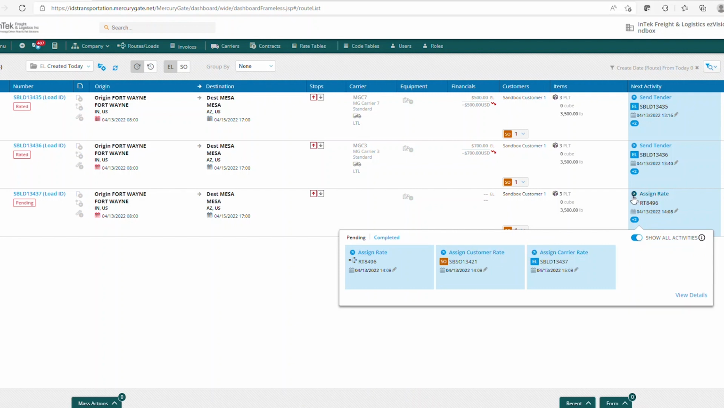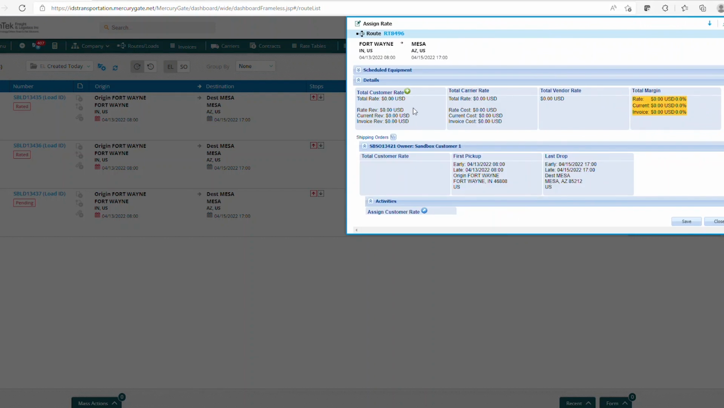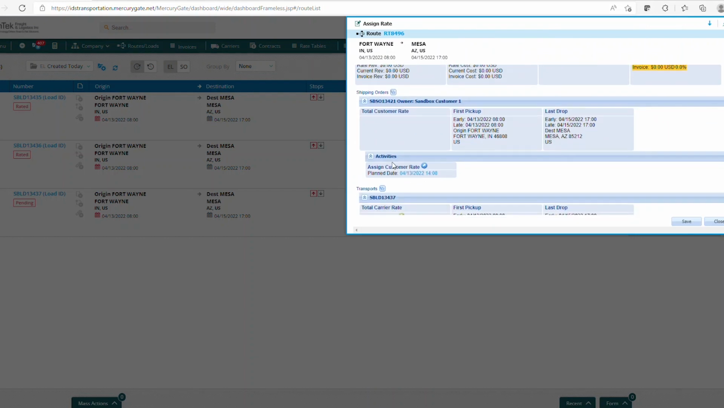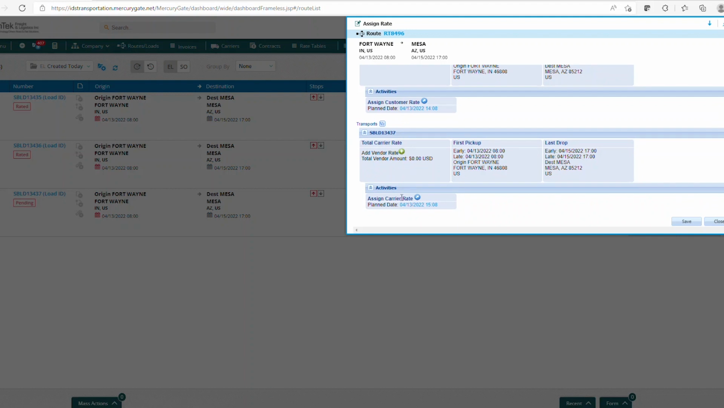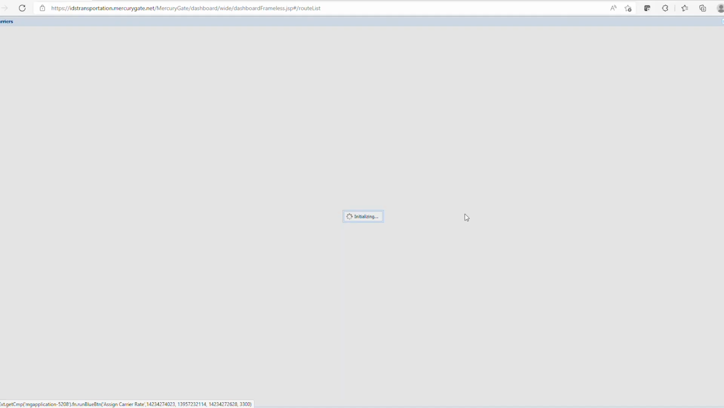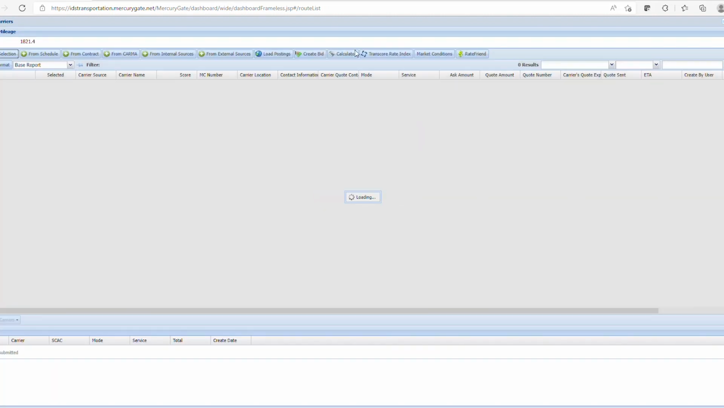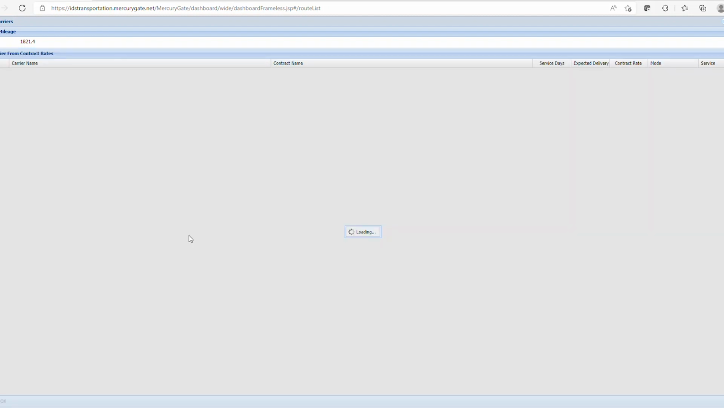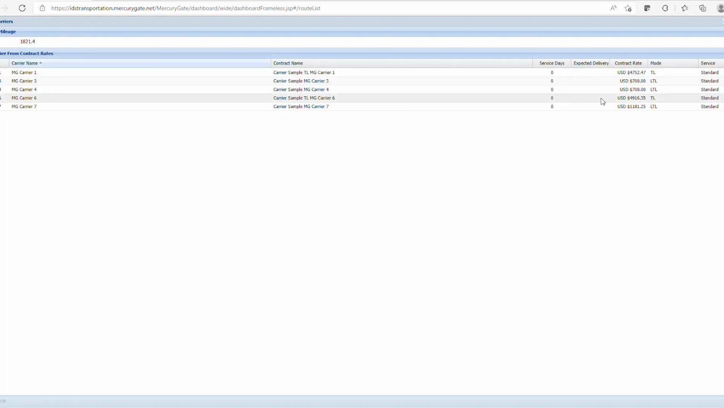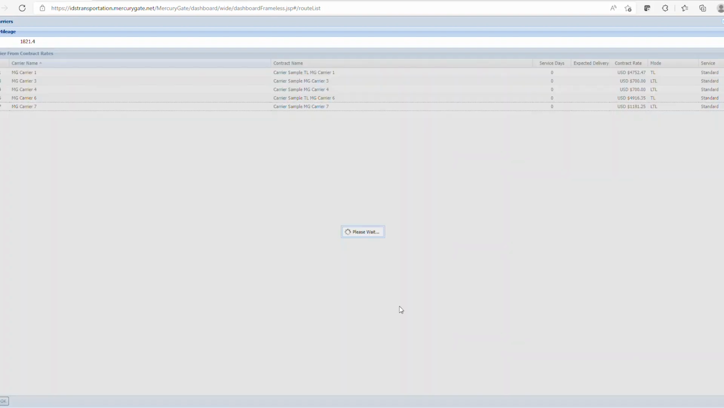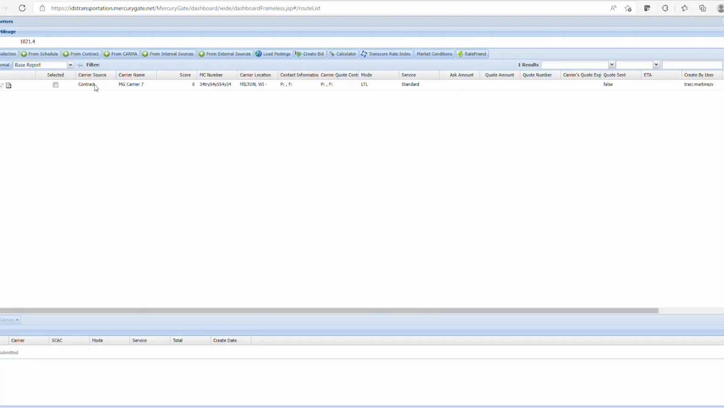You can also select Assign Rate, which opens up the Assign Customer Rate blue button and the Assign Carrier Rate, and select Assign Carrier Rate from here. And in this Source Carriers window, we have a button From Contract, and you can select your carrier and contracted rate from here. I'm going to go ahead and select a different one, say OK, and now I'm going to say Selected